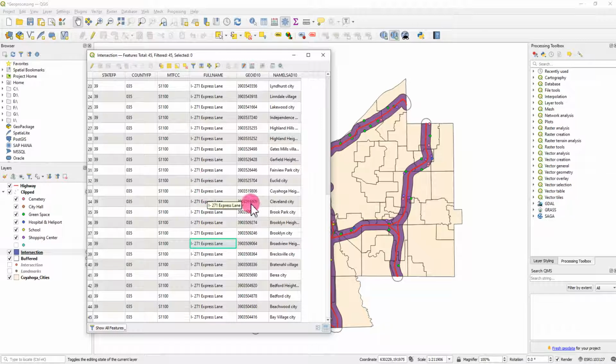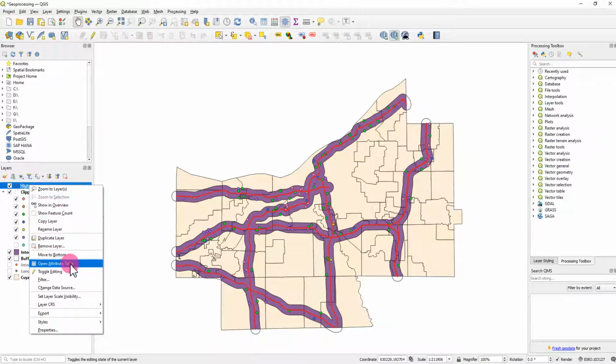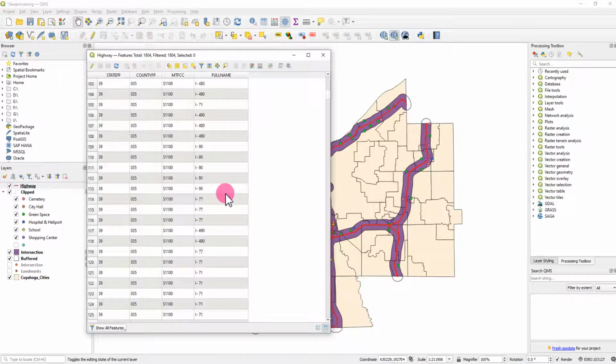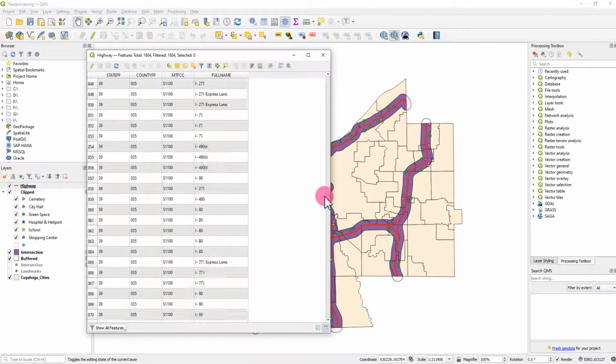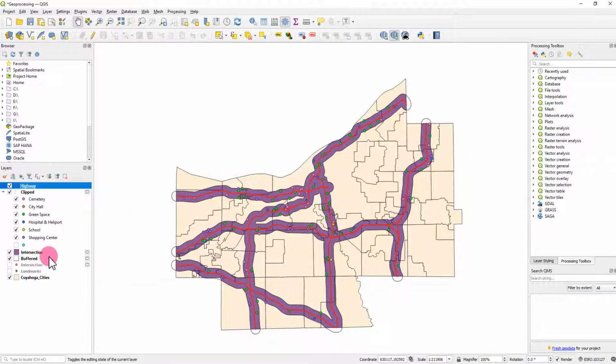So it's wrong. That is wrong, right? Before we see the highway, when we open the highway attribute table, there are many segments, right? Many segments. So we need to assign the city name to each segment, right? So what I'm going to do, I'm going to